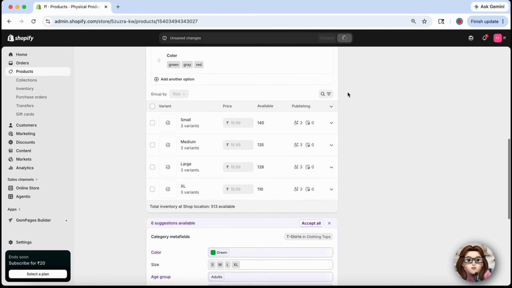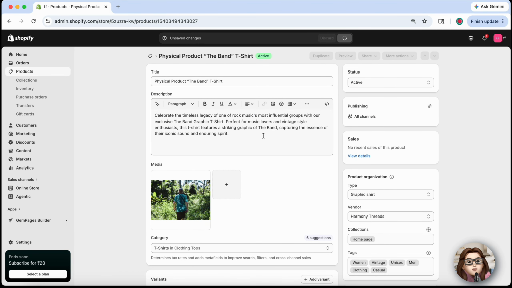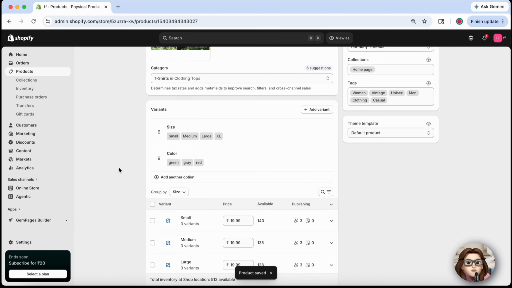That's it. You've successfully added variants to your Shopify product, giving customers more choices and creating a better